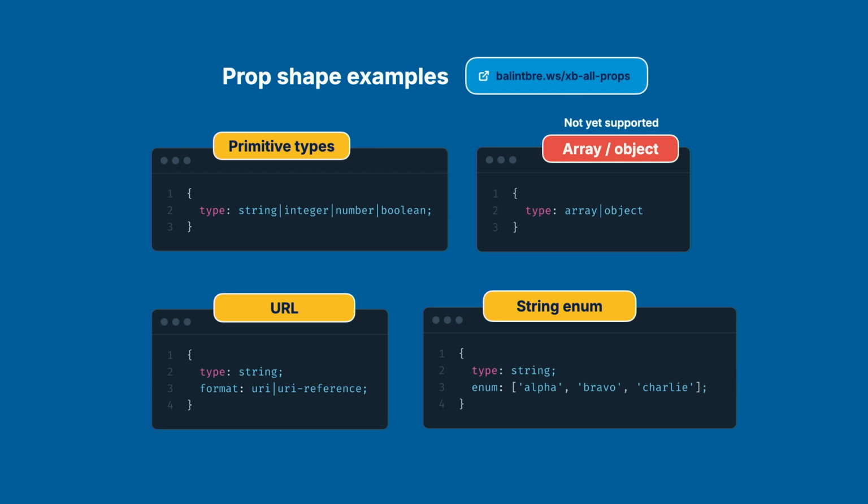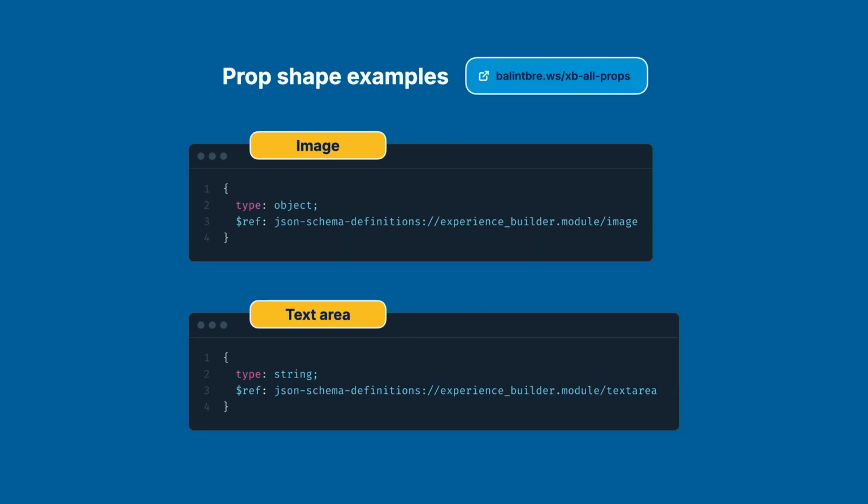So these are just some of the examples. And I also put something there which is not insignificant for now in terms of UX. This is not done yet: arrays and objects. So just be aware that you cannot use those today. Two more examples. This is how you do an image. We had to define our own custom JSON schema definition for that, and this is how you define a text area. Again, I think the best source when you need to work with SDCs is this URL. You go to the all props component in our test module,